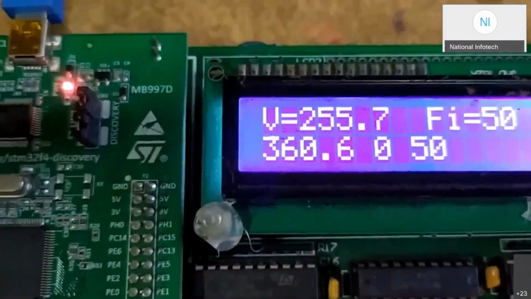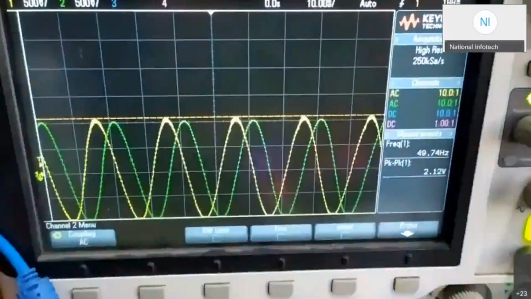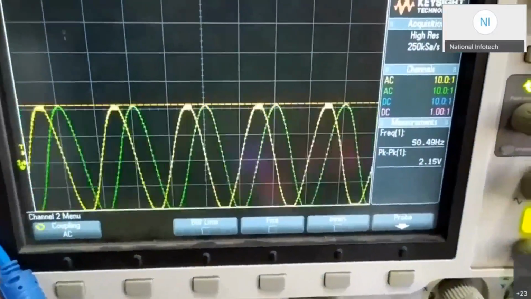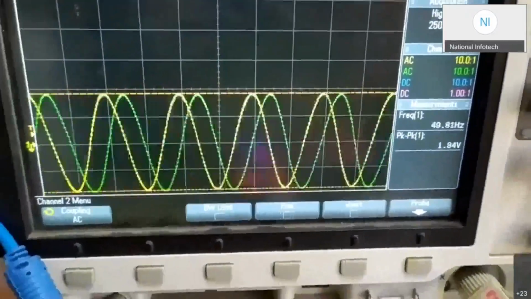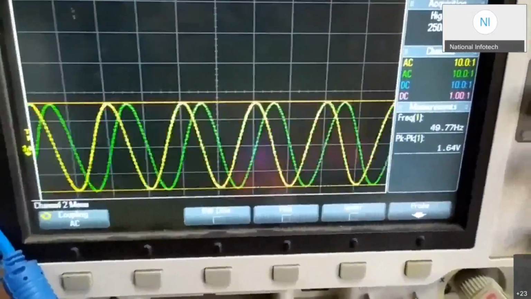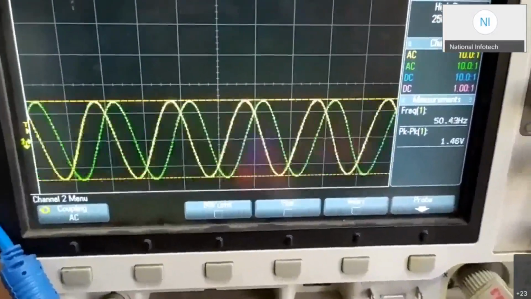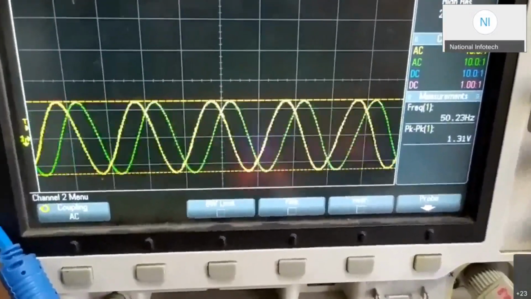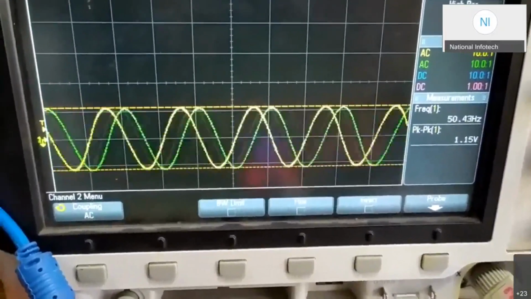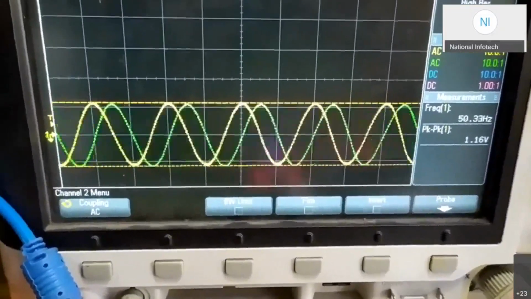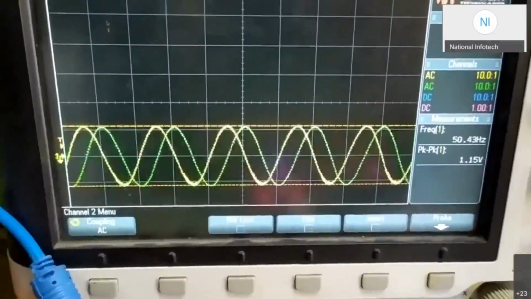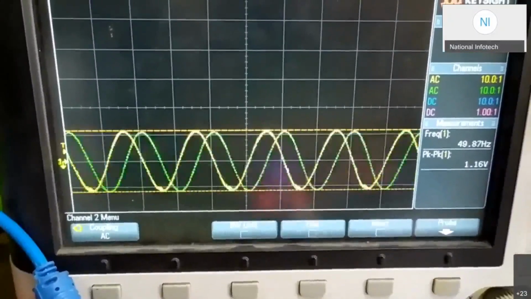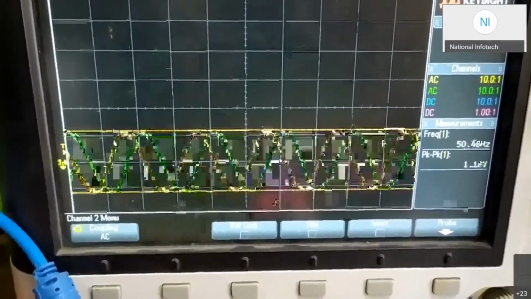Now this same thing we will see in the scope. In the scope we can see that this magnitude has increased to 2 point something. Now if I reduce this value, there is no disturbance in the estimation, no difference in the alpha beta conversion, you see. So it is working perfectly. Even with the voltage change we are giving, the alpha beta construction is very nice.